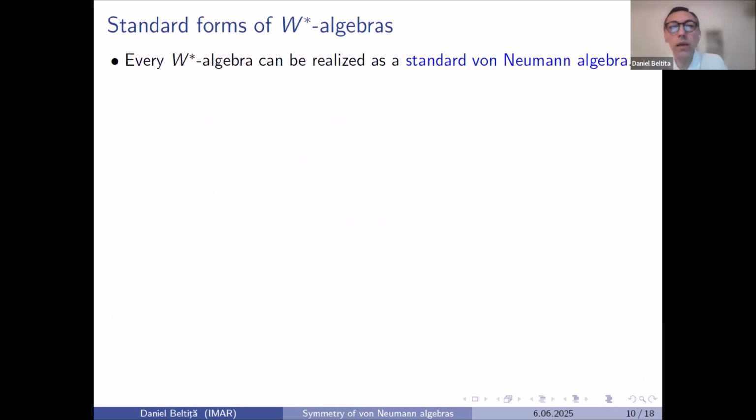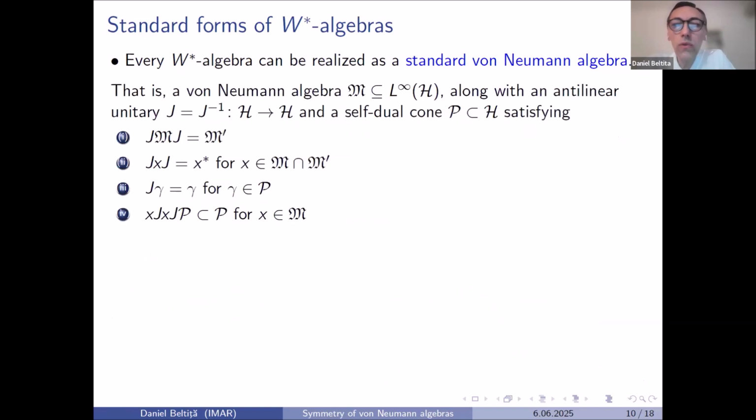I recall that every W-star algebra can be realized as a standard von Neumann algebra, and this is a result that goes back to Tomita and Takesaki many dozens of years ago. But I will use the form that was provided by Uffe Haagerup exactly 50 years ago in 1975, who proved that, irrespective of whether the Hilbert space is separable, every von Neumann algebra admits a